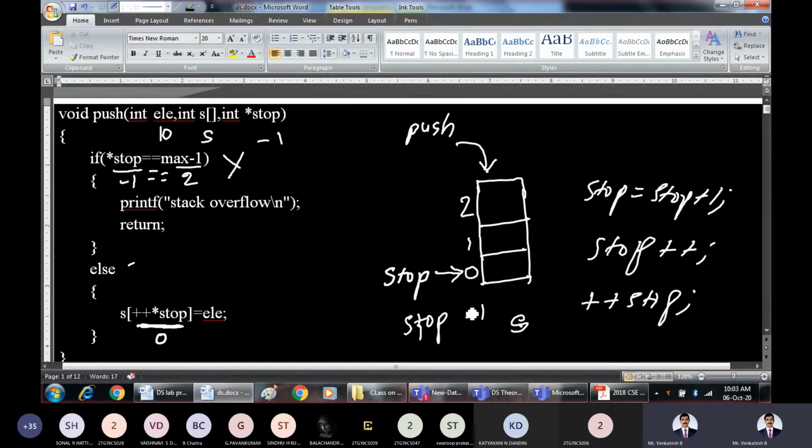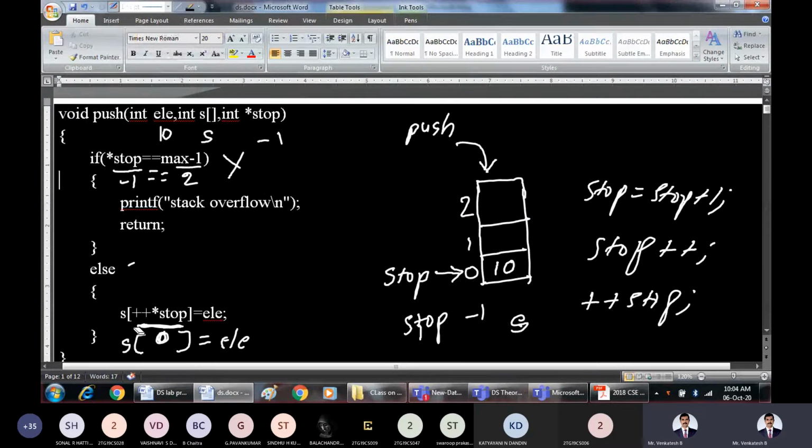Once S top is pointing here, S of 0 is equal to element, so you should write the element. What is present in element now? In element we have 10. So 10 has been copied properly. This is how pre-increment works.